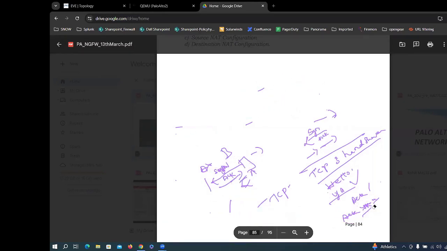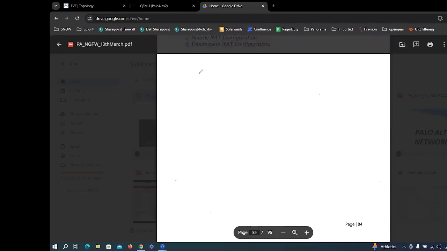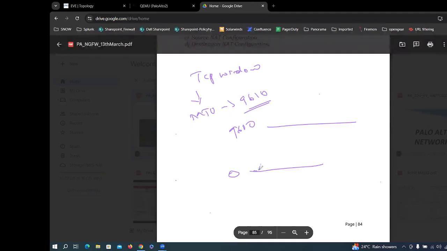Have you heard about the TCP window? Can anybody tell me what the TCP window is? When the segment packet size, meaning MSS, is higher than that... TCP window size is counted with the help of the MTU, right? If we set some MTU size, that is the maximum. It starts from 0 and keeps increasing the TCP window size. Once it hits the maximum TCP window size you have given,